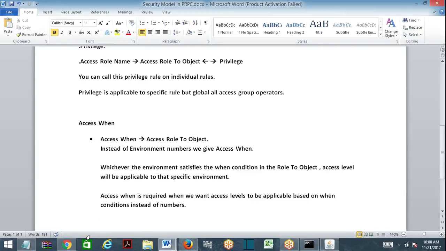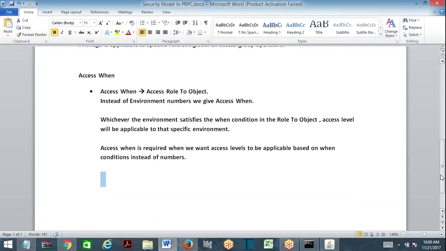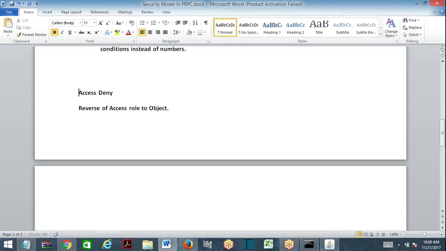Okay, so what is the next one? Access deny. Do not get confused. Access deny is not the reverse of access when. Access deny is the reverse of access role to object. So in an access deny, can you specify when rules instead of numbers?